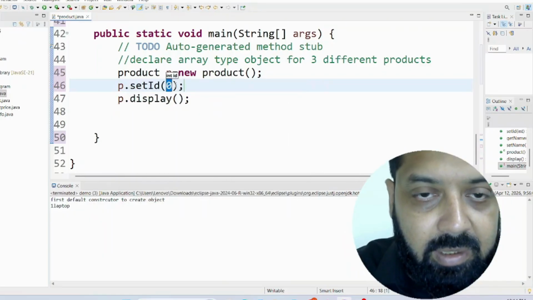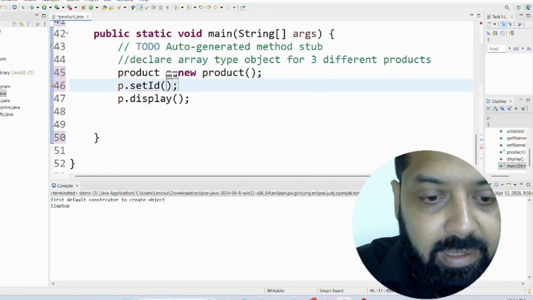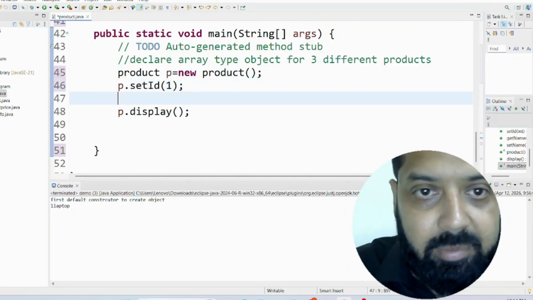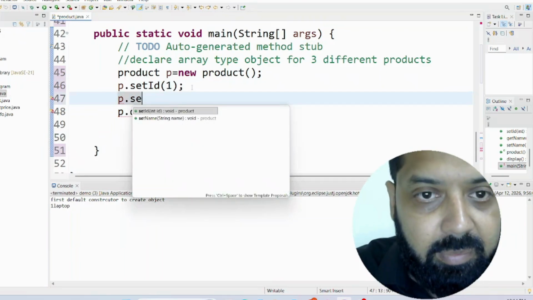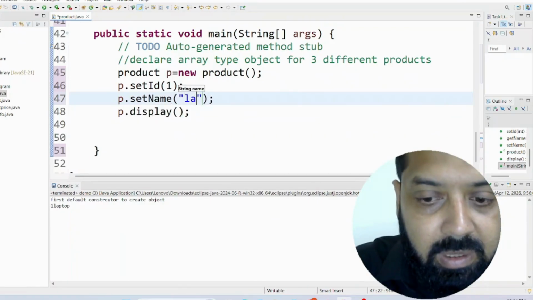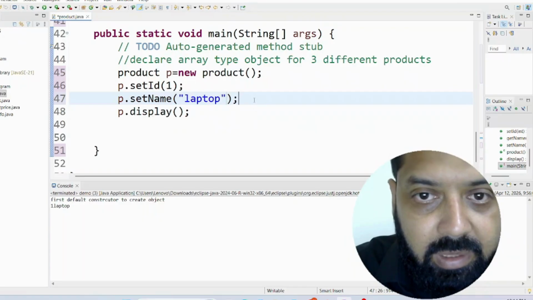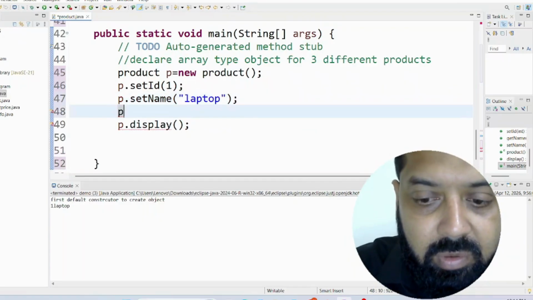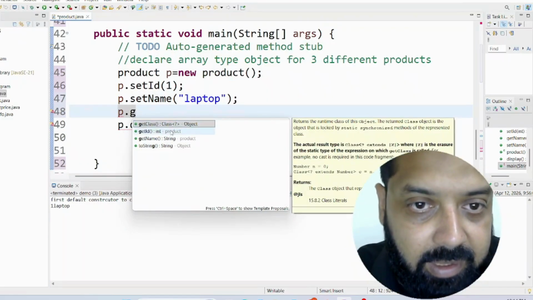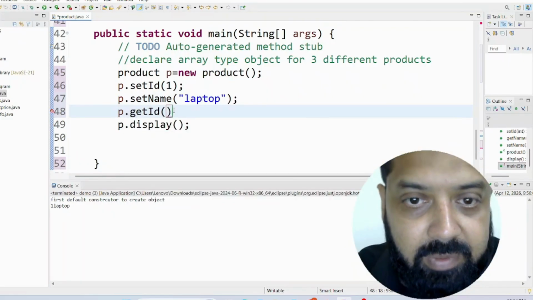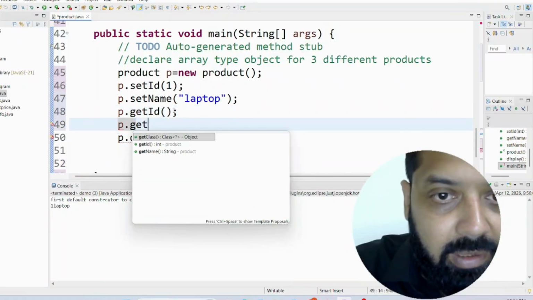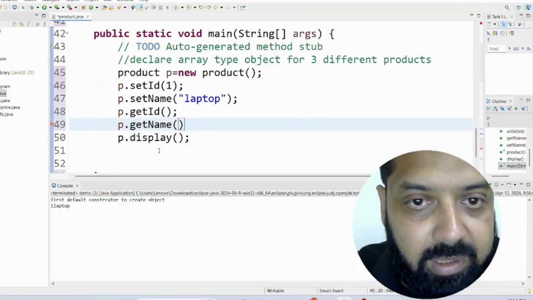It will basically write the data, and I am giving the parameter value 1 as the id, and then I am going to call p dot set name. For the second, I am going to give the name laptop here. Then third, I am going to call p dot get id function, that will write the product id, and then p dot get name, that will basically